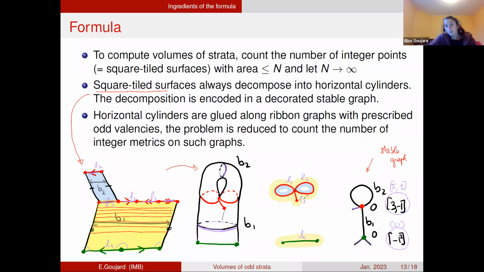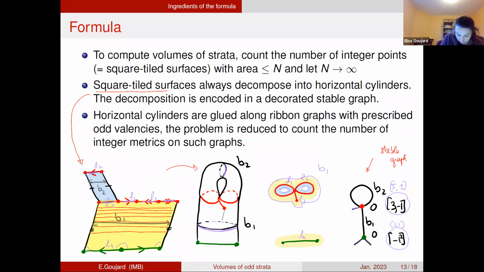Okay, and basically, I hope that it makes sense now. Basically, what you want to do is to count integer metrics on ribbon graphs. Once you fix the cylinder perimeter, so it's also the length of the faces of this graph, B1, and